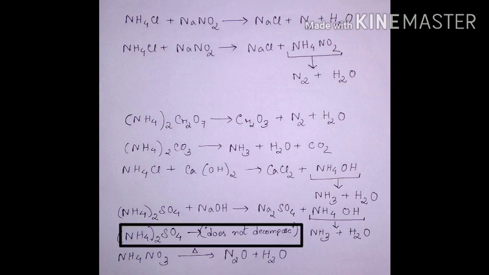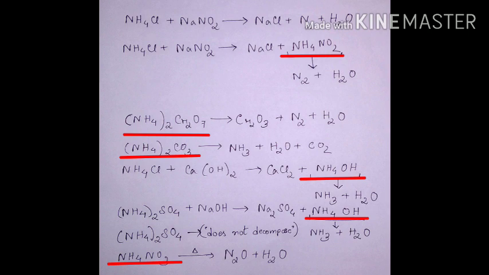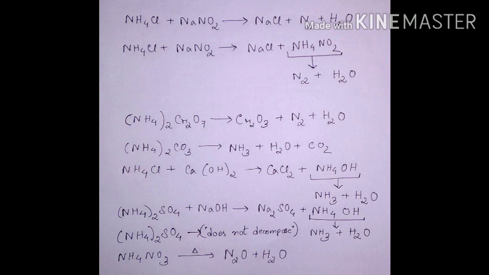Next we see that ammonium sulfate does not decompose to give any product. However, ammonium nitrate decomposes on heating to give nitrous oxide along with water. So, the products, that is nitrous oxide or ammonia or nitrogen, depends on the ammonium compound from which it is decomposing and gets formed along with water. However, the initial reactants of the reaction has no role to play with the product which is eventually formed with water.